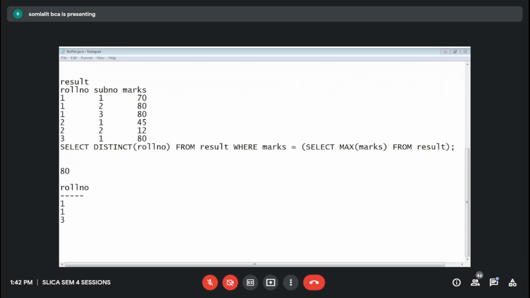If distinct was not clear, no problem. The main thing to understand is how the subqueries work. Right now we are writing a subquery in a where clause. That's why it is known as where subqueries. We are writing a subquery inside the where clause. Are you getting it? Okay. Now suppose